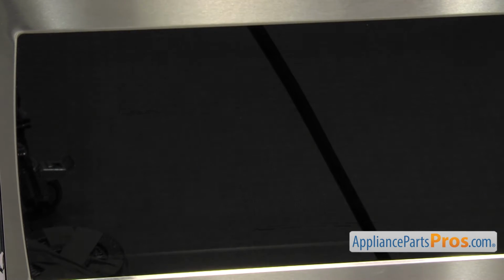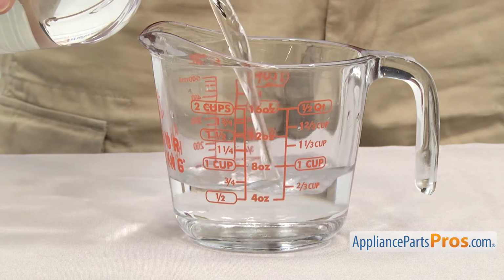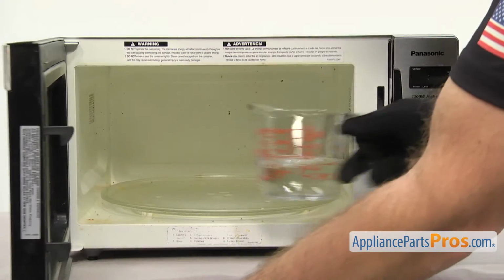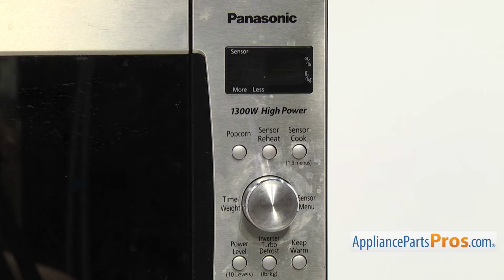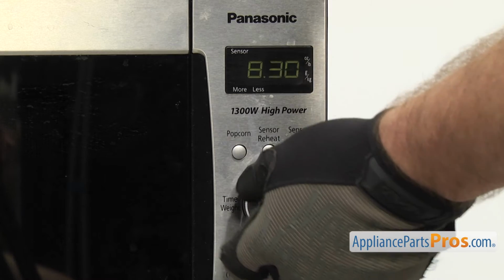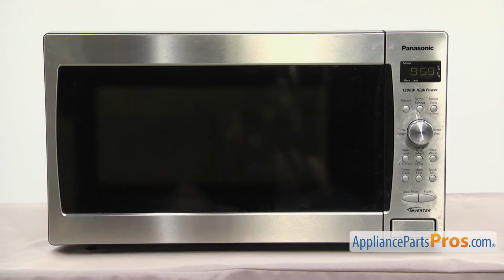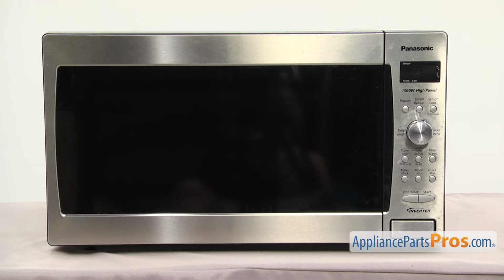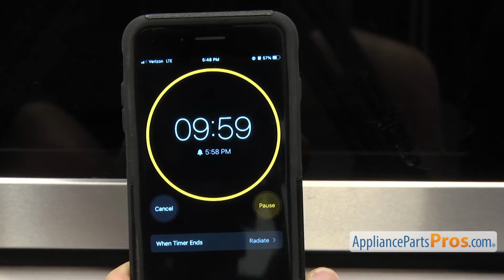If your microwave is really dirty or has a lot of odors, you can use a similar procedure using vinegar or a lemon. Start with a cup of 50-50 water and white vinegar. For both the citrus and the vinegar methods, you'll want to let the microwave run for approximately 10 minutes so the steam can really build up. After the 10 minutes, let it sit for another 10 so it cools down and the steam has time to